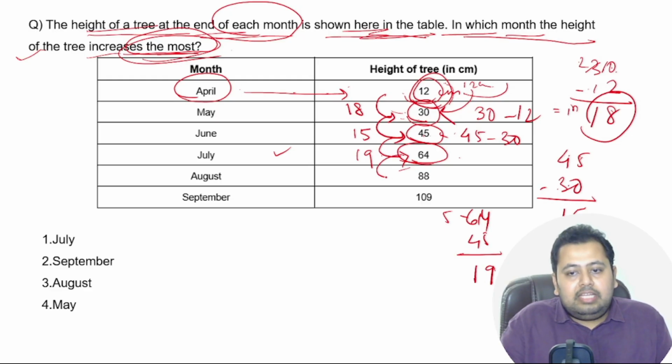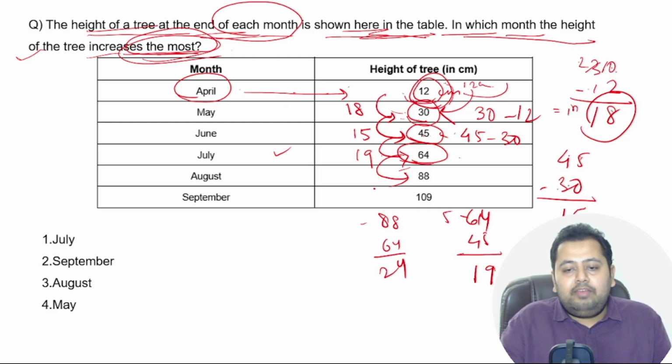Now again, you do the same kind of subtraction here. 88 minus 64. This is 4, this is 2, so 24. So this increase is 24. And if you do this one, 88 to 109, let's subtract 109 minus 88. We know this will be 21. You cross this out here and carry over 1 to here. 10 minus 8 is 2, and 1 is 2. So this is 21. So now we know that the highest increase is in the month of August,